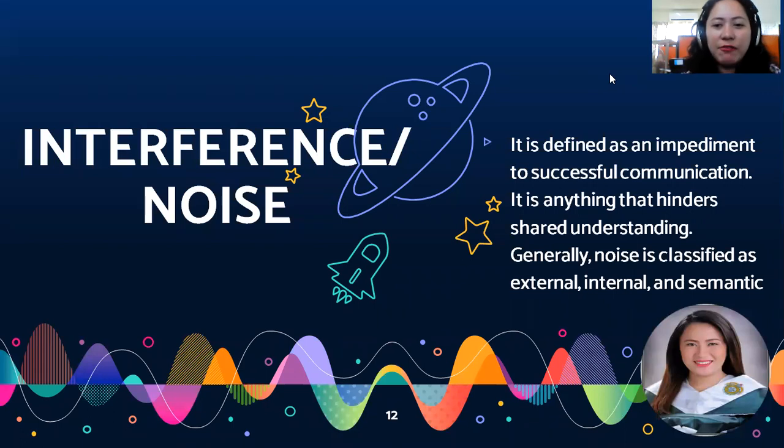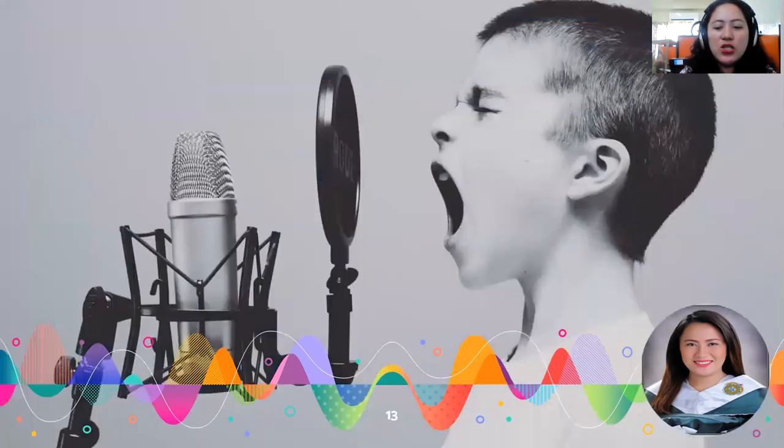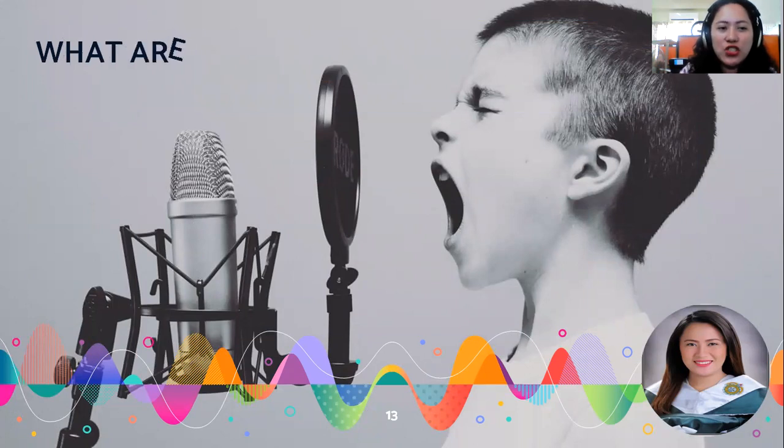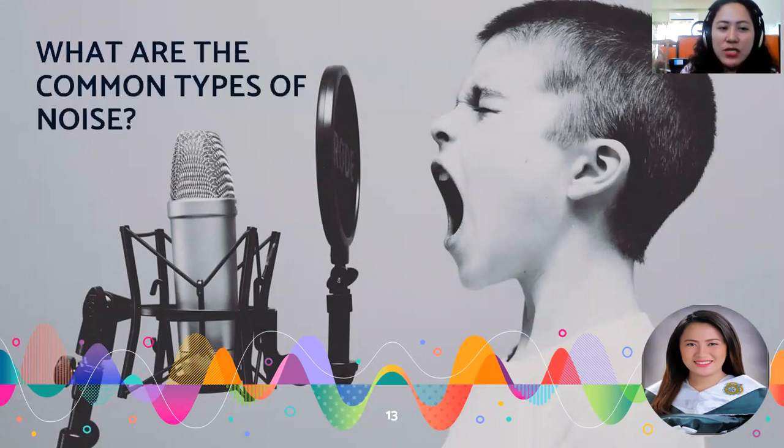Okay, it is defined as an impediment to successful communication, and it is anything that hinders shared understanding. Generally, noise is classified into external, internal, and semantic. So, what are the types of noise, or what are the general types of barriers? So, let's have first,